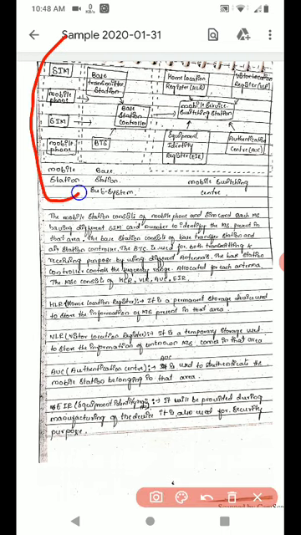Here the mobile station is nothing but your mobile phone only, which will have the SIM card. Mobile phone, all are coming under the mobile station part. And this will be used for identification. We are using some codes, some SIM numbers, all those things will come under the mobile station. Next, coming to the second one, base station subsystem.